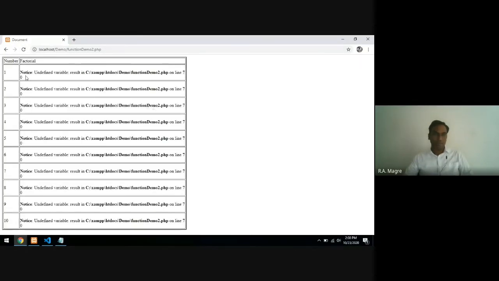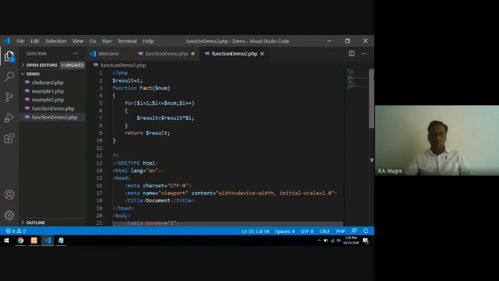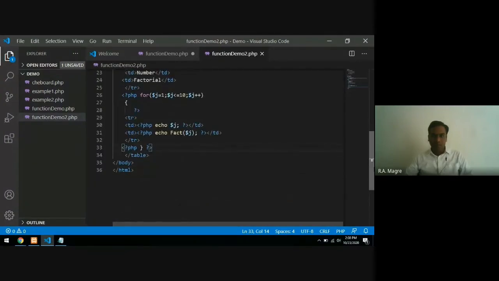Okay. What is the error? Undefined variable result. So this is fact, and this is $result. We are returning $result from here, and how is it saying undefined variable $result?